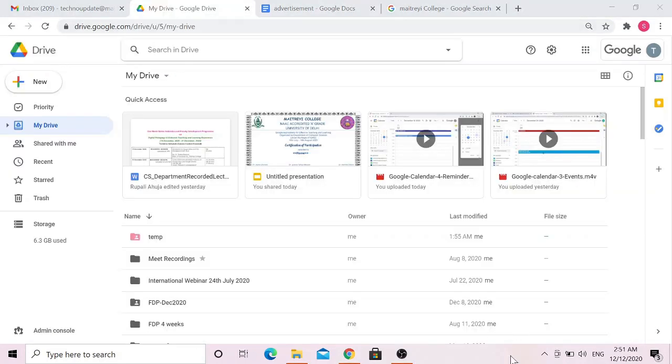Another advantage of Google Drive is that you can search for the contents of the image rather than the names of the images. Usually it happens that the images that we have on our system are by the name of image 1, image 2, that is generic names are there. So if you want to search for what content is there inside the image, that you can do easily on Google Drive.